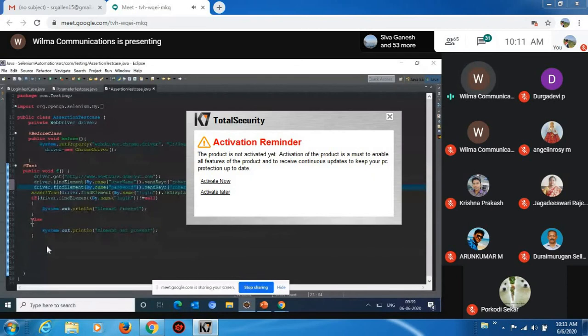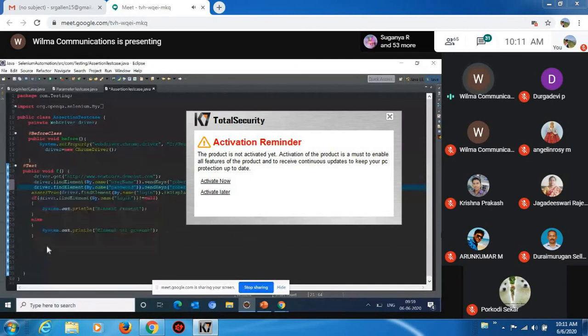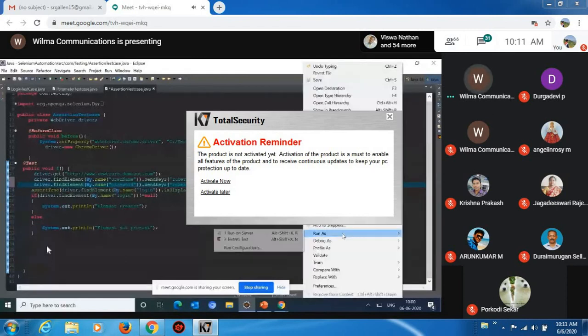If line number 24 does not pass, the rest of the code won't get executed. That means if the assertion fails, the execution will be aborted. That is the logic for the Selenium assertion concept. So now I'm going to run as TestNG test.